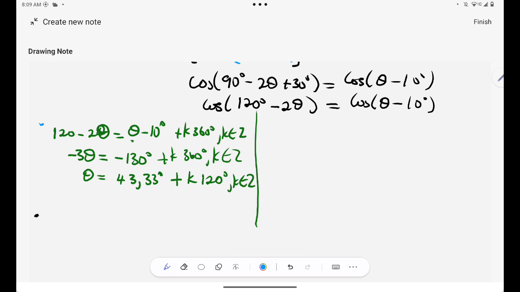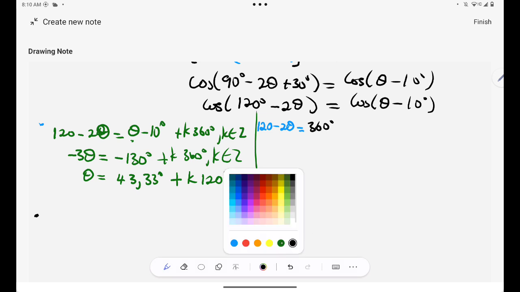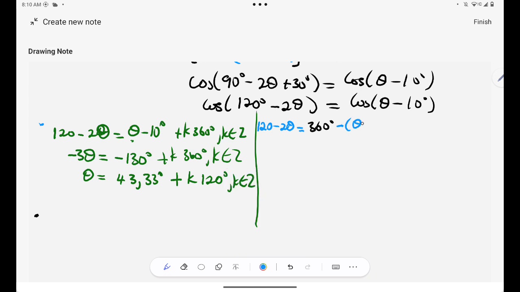And then in the fourth quadrant, I'll simply write 120 minus 2 theta is equal to 360 minus theta minus 10 degrees plus k 360, where k is an integer. Why am I saying 360 minus? Because that's how angles are expressed in the fourth quadrant. So I'll have 120 minus 2 theta is equal to 360 degrees minus theta plus 10